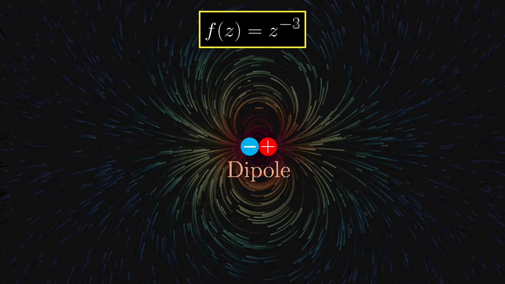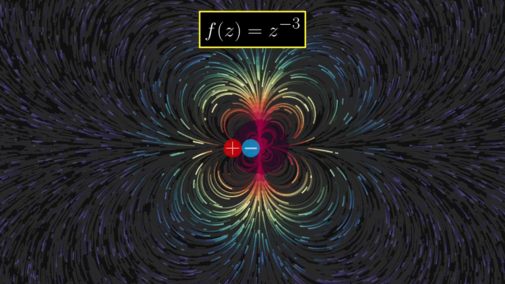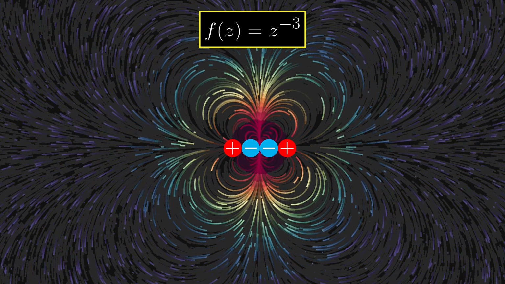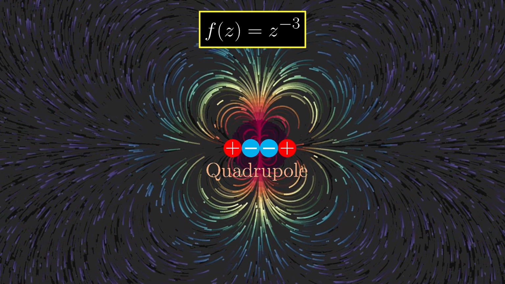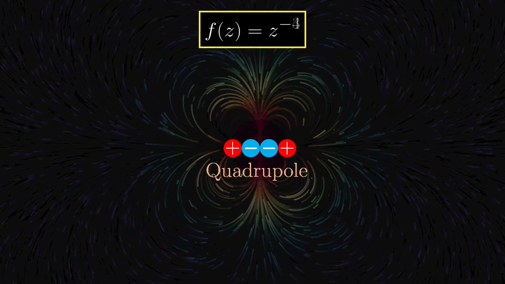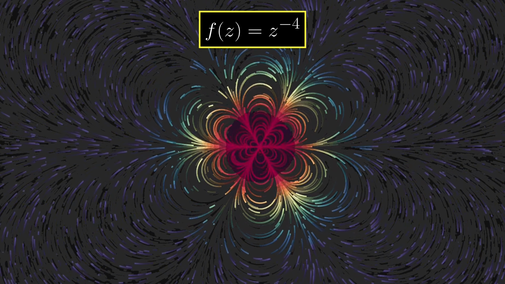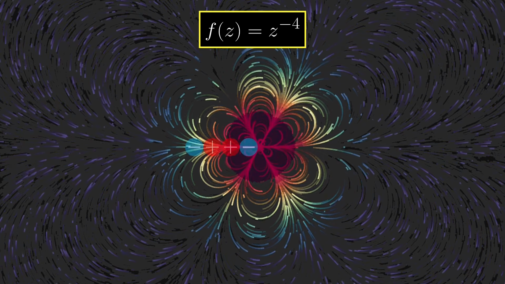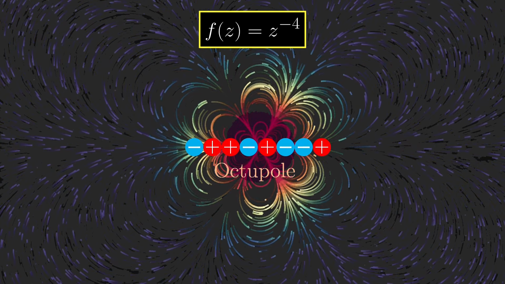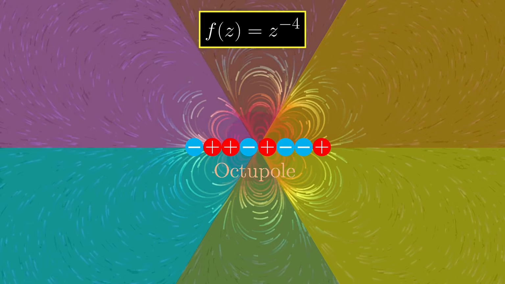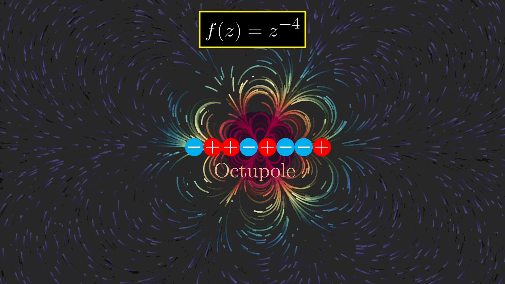Now think about what happens when the exponent goes to -3. Just take a look. This time, we have 2 opposite dipoles stuck together, which is called a quadrupole. Normally, I would end the set of examples here, but the next case, z to the -4, is kind of surprising. The vector field is the electric field generated by 2 opposite quadrupoles, which is, not too surprisingly, named octupole. However, because there are 6 loops, it kind of messes with my brain. But indeed, this is true, an octupole with 6 loops.